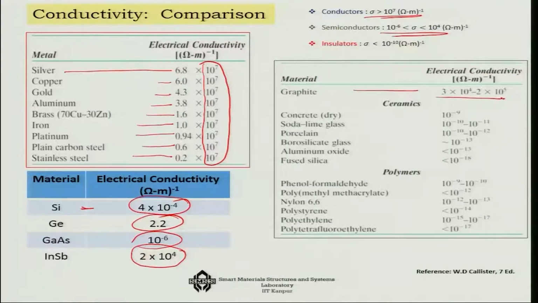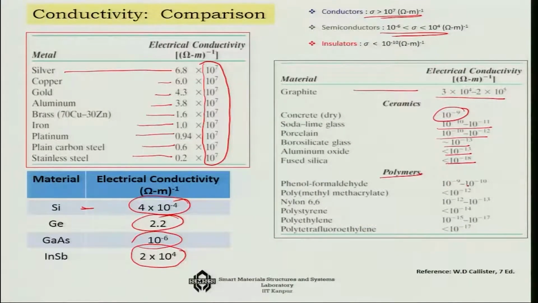Then concrete is 10 to the power minus 9. You see, so low, okay. Except graphite, everything else is low; graphite has a good conductivity, not as good as the metals, but still quite good. Soda lime glass is 10 to the power minus 10 to 10 to the power minus 11, porcelain minus 10 to minus 12, borosilicate 10 to the power minus 13, aluminum oxide 10 to the power minus 13, fused silica 10 to the power minus 18. And if you consider the polymers,